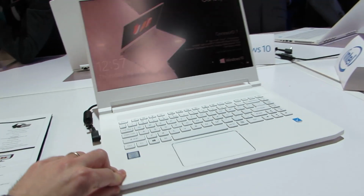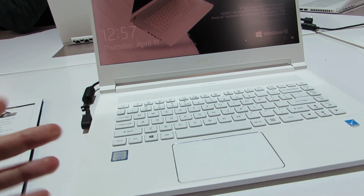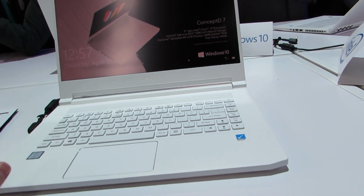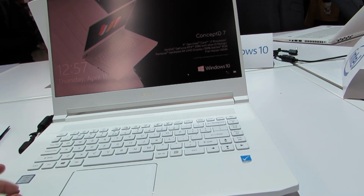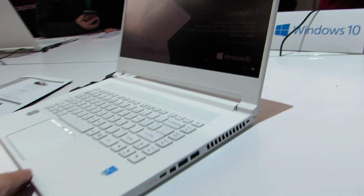It is a 15.6-inch laptop, weighs about 4.6 pounds, measures about 0.7 inches thick, and it basically offers, for the most part, desktop-class performance, depending on your desktop, I suppose, in a portable package. So it's got up to a Core i7 9th generation Intel processor, NVIDIA GeForce RTX 2080 Max-Q design graphics, Pantone-validated 4K display, and it is part of